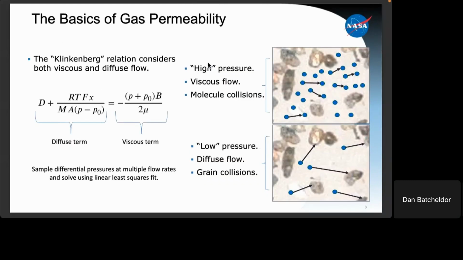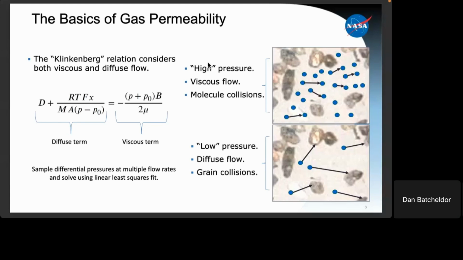So it's important to realize that there are two different flow mechanisms depending on the pressures involved in the gases, not only the geotechnical properties of the granular material through which you are trying to measure the permeability. For the case of high pressure, the particle dynamics are dominated by collisions between particles, and we call this the viscous flow regime. So the molecules themselves are colliding with each other, and that's dominating their dynamics. And then as the pressure drops, we move into the diffuse flow regime, where the molecules in the fluid are actually colliding with the grains themselves in the material, and that's dominating the